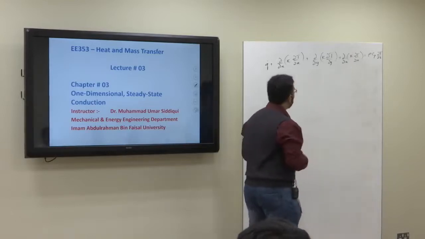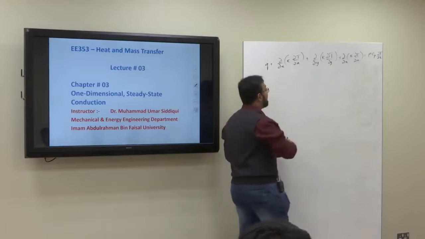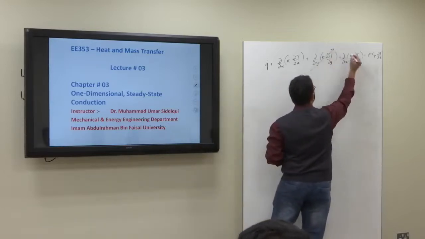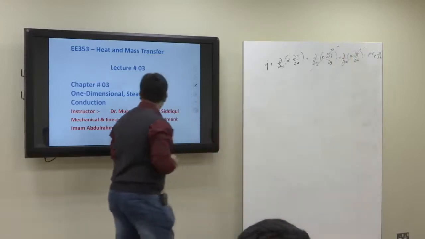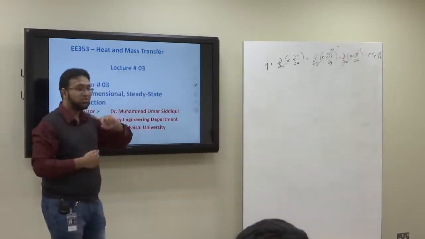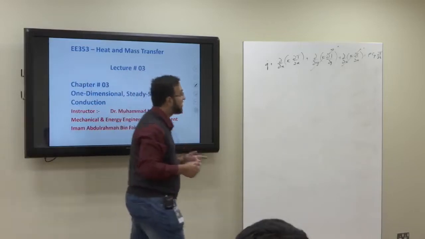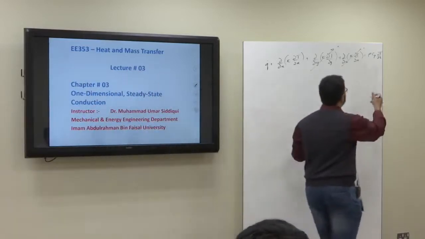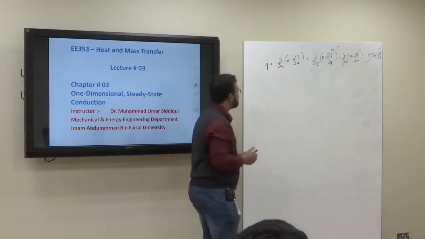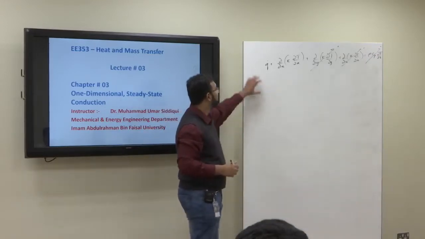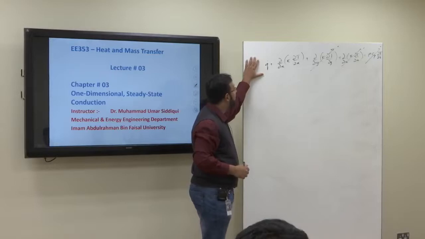So in this chapter we don't have these terms, and since it is steady state, there is no change of temperature with time, so this term is also not there. So in this chapter we deal with q dot plus ∂/∂x of (k ∂T/∂x)